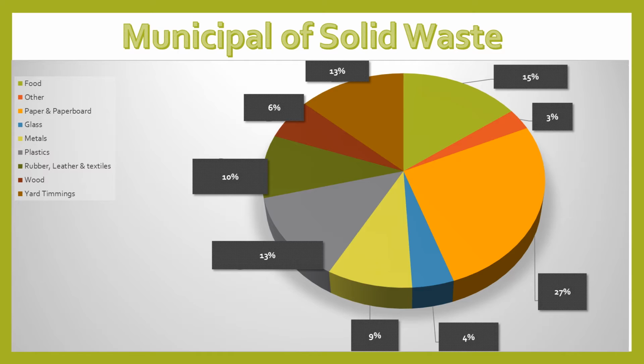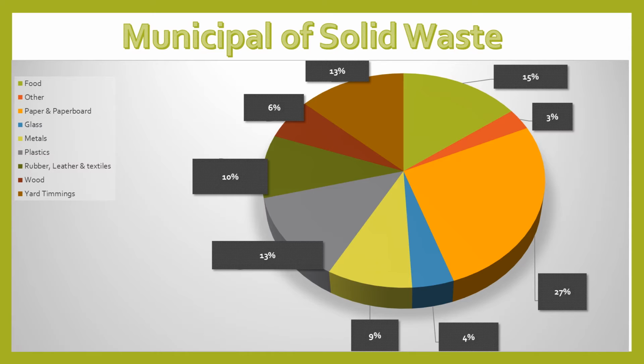These are the percentages that were used throughout the whole country. 15% of the compost used was food, 3% other, 27% paper and paperboard. 4% was glass, 9% metals, 13% plastics, 10% rubber, leather, and textiles, 6% wood, and 13% yard trimmings. Now, we can see that the majority of the solid waste used to make compost was